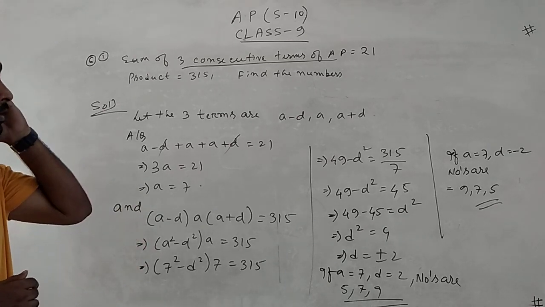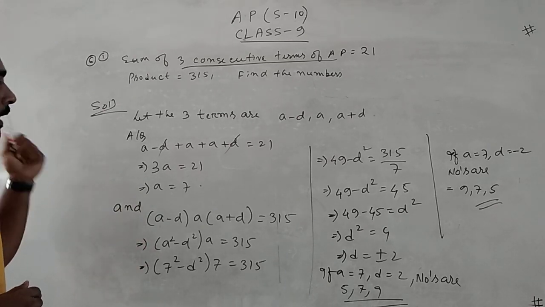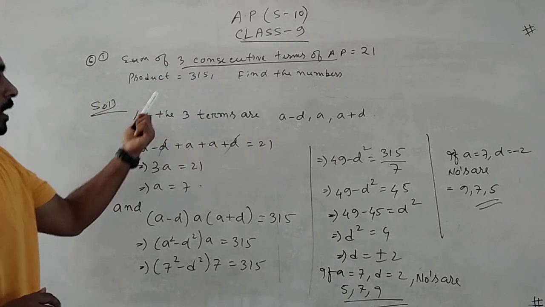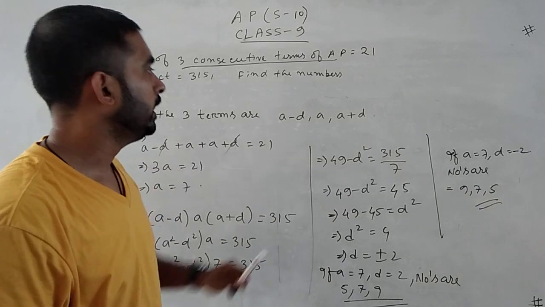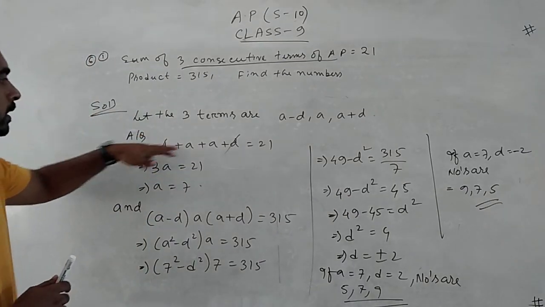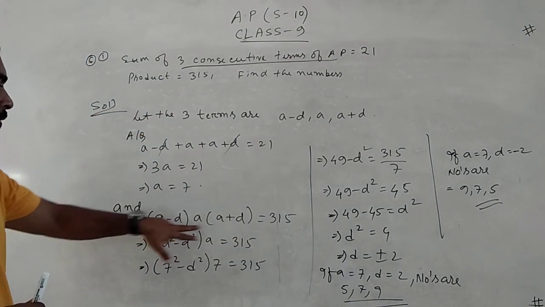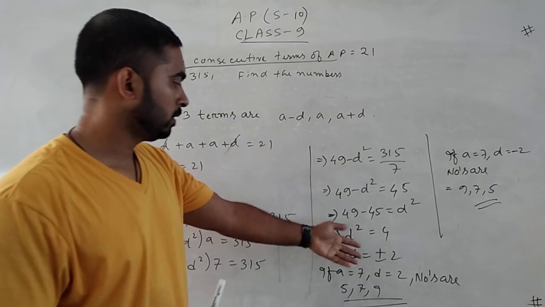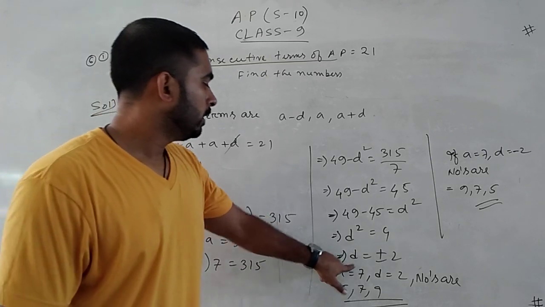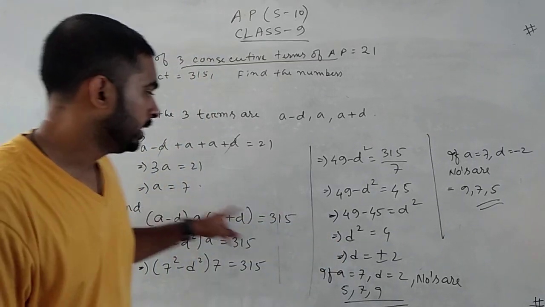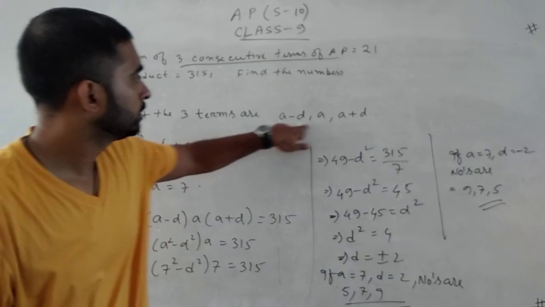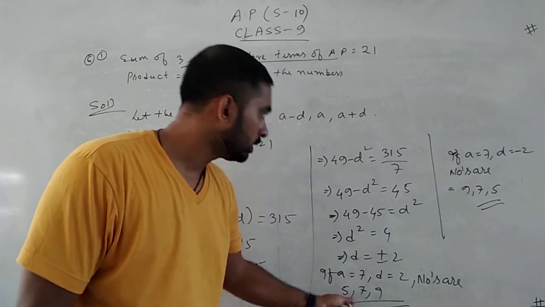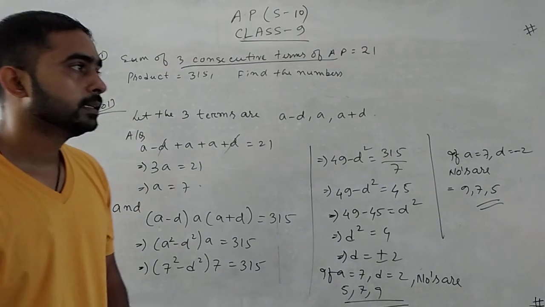So as three consecutive terms are given, I told you earlier that if the sum of three consecutive terms of an AP is given, if possible consider them a minus d, a and a plus d. Then add them, d cancels, and we get the value of a. Their product gives this one. So replace the value of a by 7, and we get d equal to plus minus 2. Then if a equal to 7 is fixed and d equal to plus 2, the numbers are 5, 7, 9. And if d equal to minus 2, the numbers are in reverse order, 9, 7 and 5. Yes, thank you.